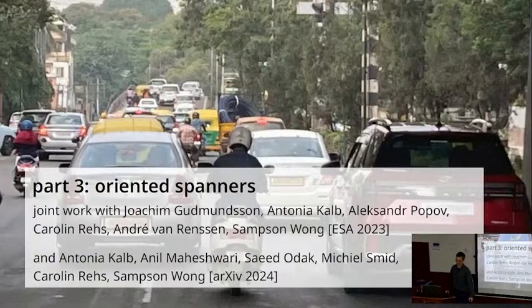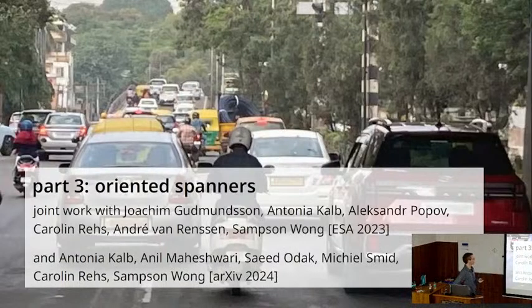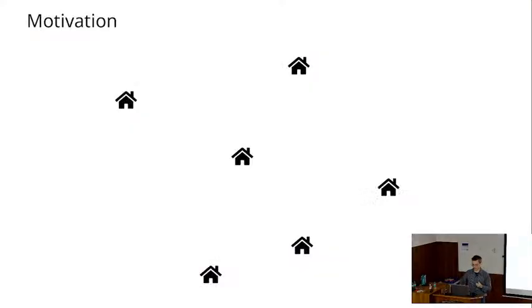The oriented spanners, where I at least want to tell you what an oriented spanner is, and then just show you a few results. So here, this is an edge of a graph, and as you see, it's oriented in one direction. And that is what we're going to do in the last part here.